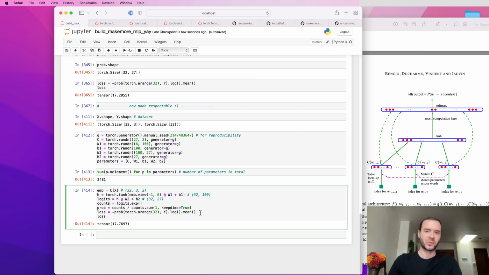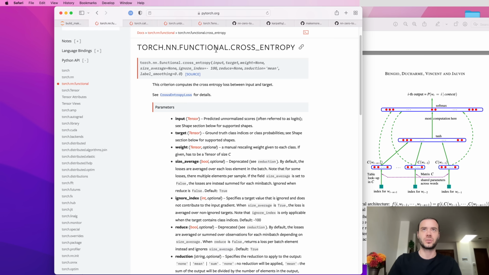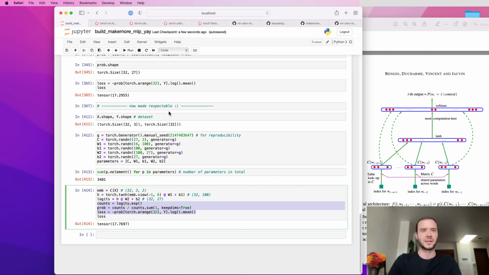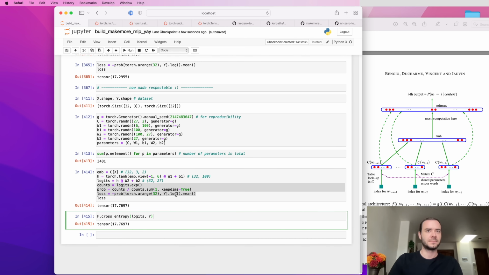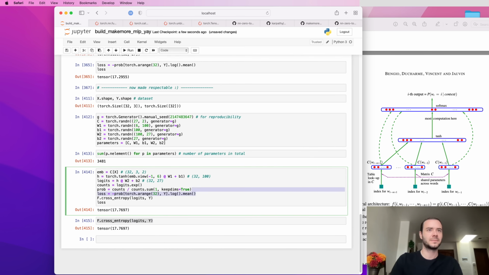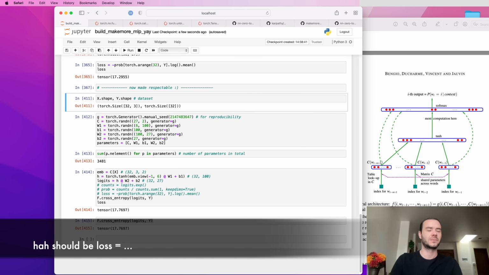Now I would like to make it even more respectable. In particular, see these lines here, where we take the logits and calculate the loss. We're not actually reinventing the wheel here. This is just classification, and many people use classification, and that's why there is a F.cross_entropy function in PyTorch to calculate this much more efficiently. So we could just simply call F.cross_entropy, pass in the logits, and pass in the array of targets y, and this calculates the exact same loss. So in fact, we can simply put this here and erase these three lines,